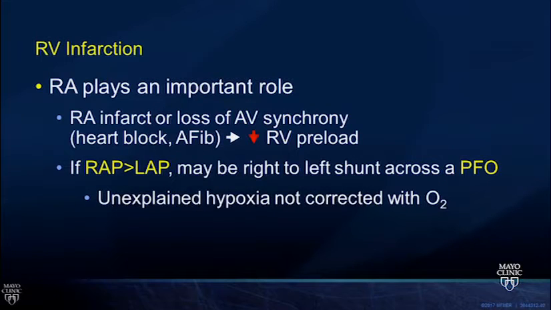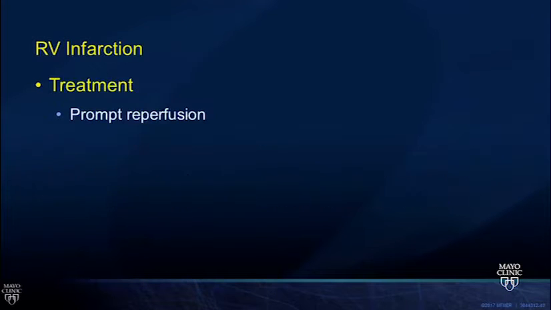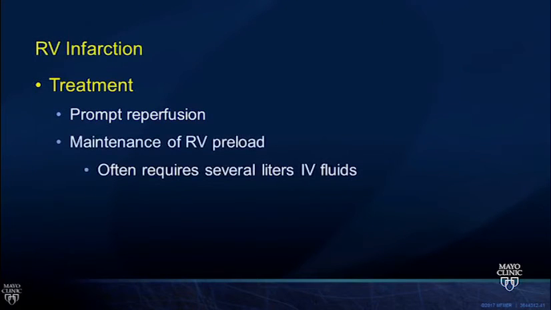And hypoxia itself can make things worse, because hypoxia can trigger pulmonary vasoconstriction, and pulmonary vasoconstriction increases RV afterload, which makes it harder for the right heart to work, which increases right-sided filling pressures, which means you shunt more. It's a vicious cycle. Treatment is prompt reperfusion, and as many members in the audience recognized, increasing the RV preload despite the elevation in the neck veins is key.